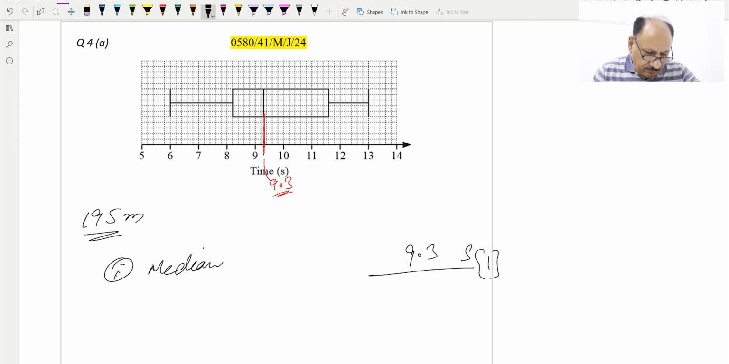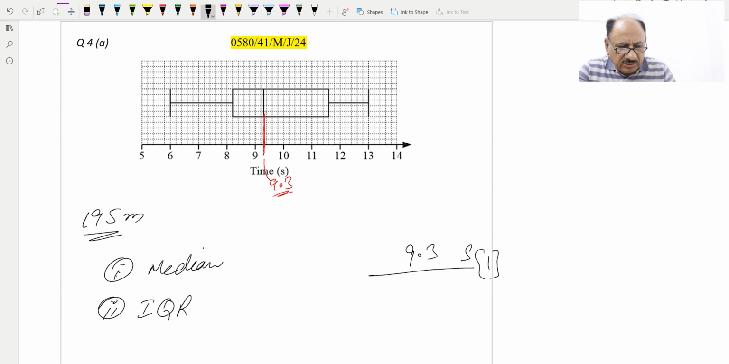Now the second part says find the interquartile range. So the interquartile range is required, which is not maximum minus minimum, that is the range. This is the interquartile range, which is Q3 minus Q1. So this one is Q3, which we can take as 11.6,